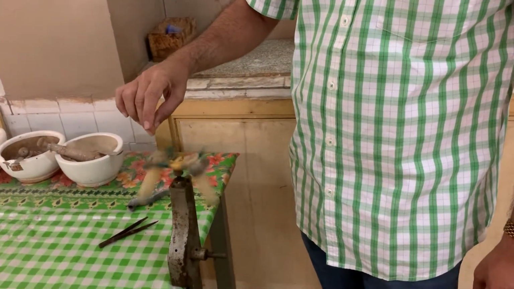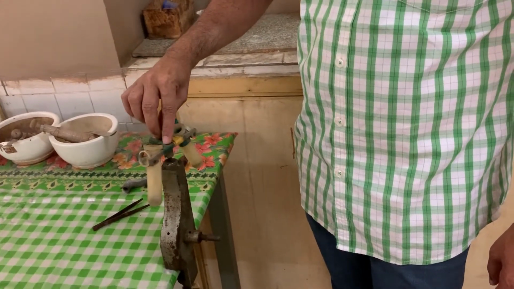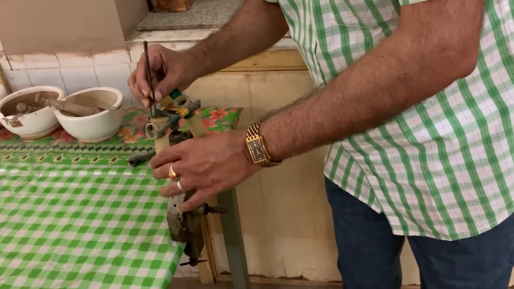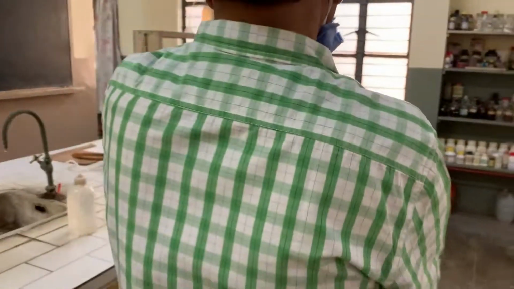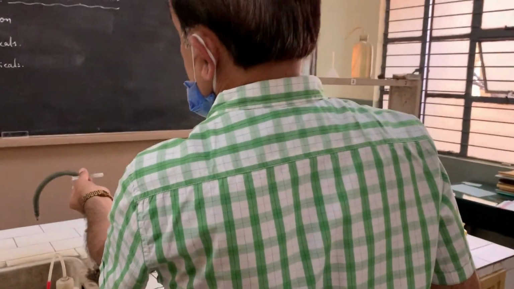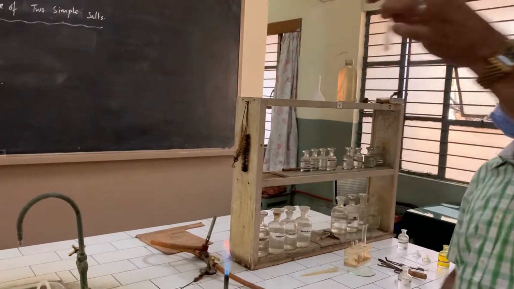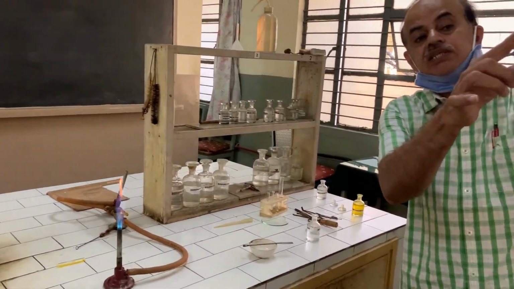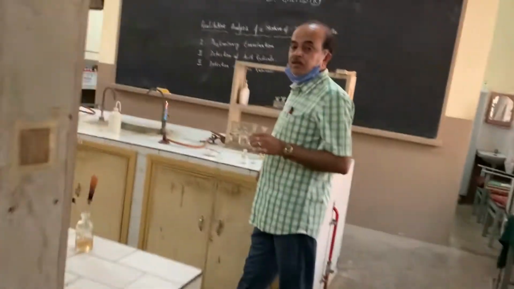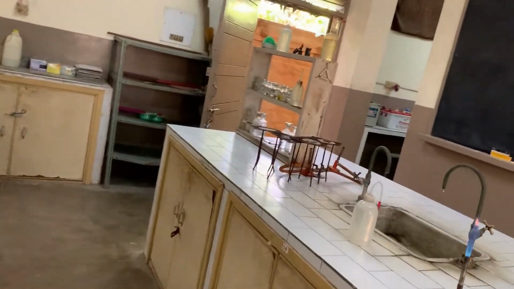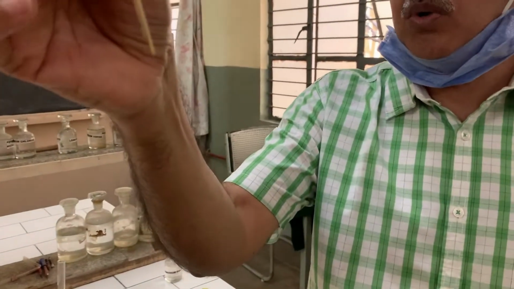How do you perform the flame test? For performing the flame test, we need to make use of a platinum wire. The residue has gone to the sides. I can discard the clear solution and retain only the residue part in the test tube. So the residue is here. Now, platinum wire is required for performing the flame test. As we don't have platinum wire, what we normally do is we take a small stick, a broomstick, right, a small stick of that.